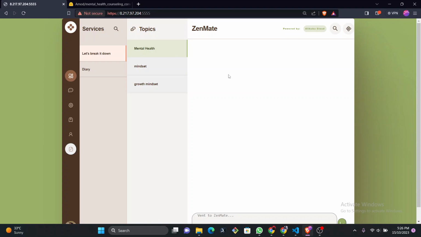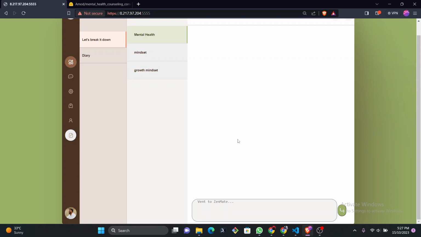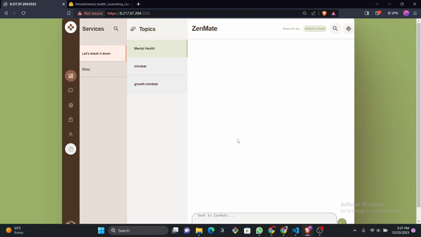So coming back to the functionality, first we see this window where we can give the prompt and the chatbot will complete and give us the response. So let's start by picking our theme. So we can just edit here. Let's say we want to talk about how to create a support system. So let's say we want to create a support system and let's ask our chatbot on how to create a support system.